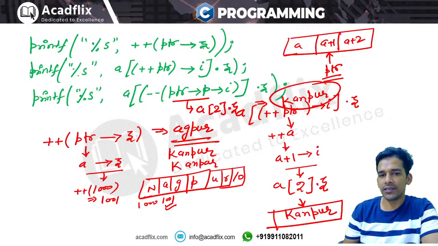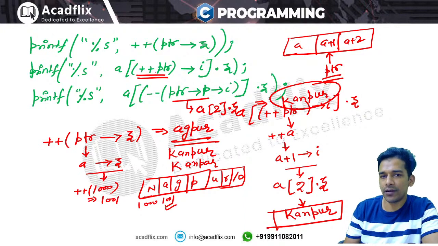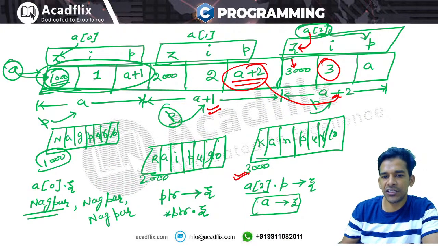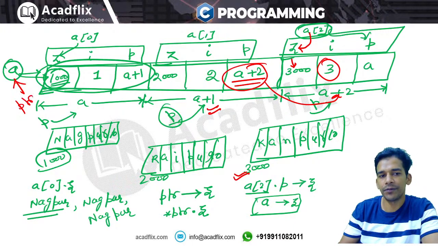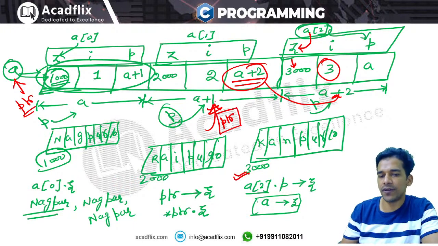तो हम सबको पता है कि जब हमने plus plus ptr किया, तो plus plus ptr करने के बाद जो आपका पॉइंटर ptr था, that has reached the second pointer, right. Initially ptr कहाँ पर था? Initially ptr जो है वो a को पॉइंट कर रहा था. Initially ptr was pointing to a. Now when we do plus plus ptr, that means now ptr is pointing to this a plus one, right.